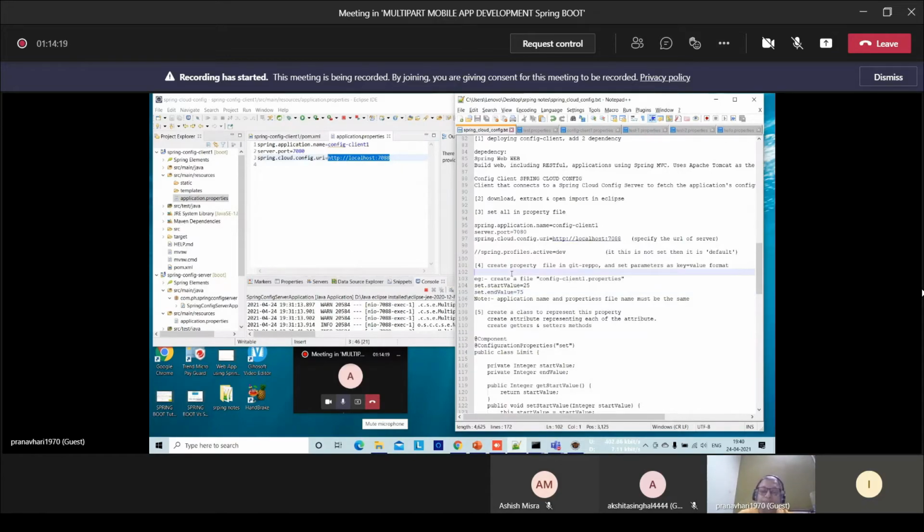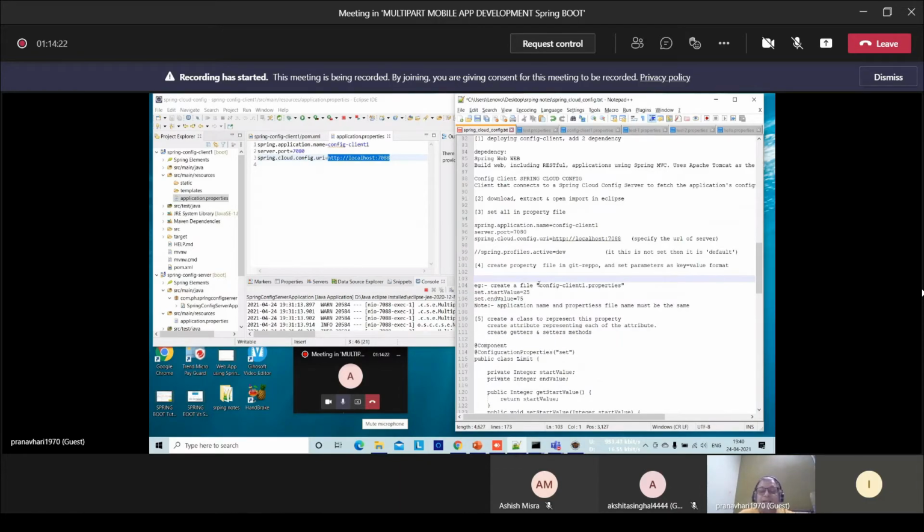But here the rule is, we are creating a property file whose data will be fetched by the server, and that data fetched by the server will be read by the client. The Spring Config Client will get that data. For that, there is a rule.